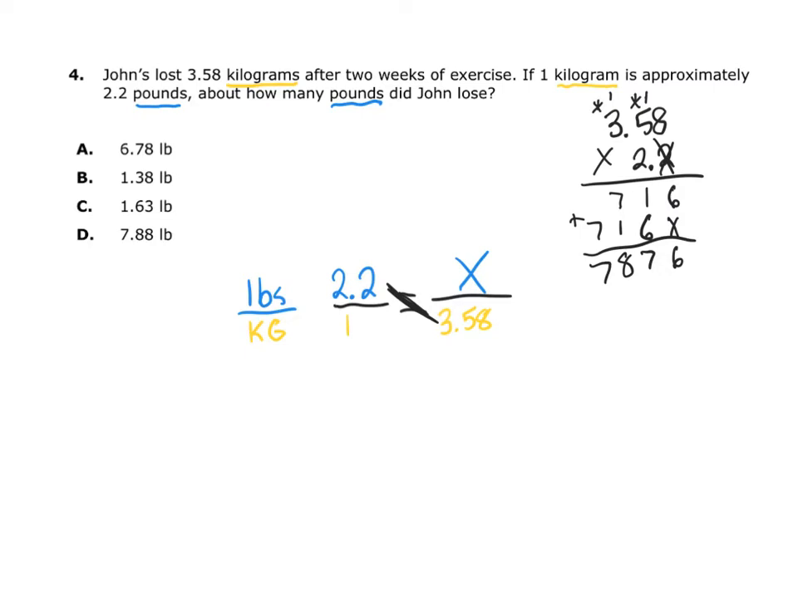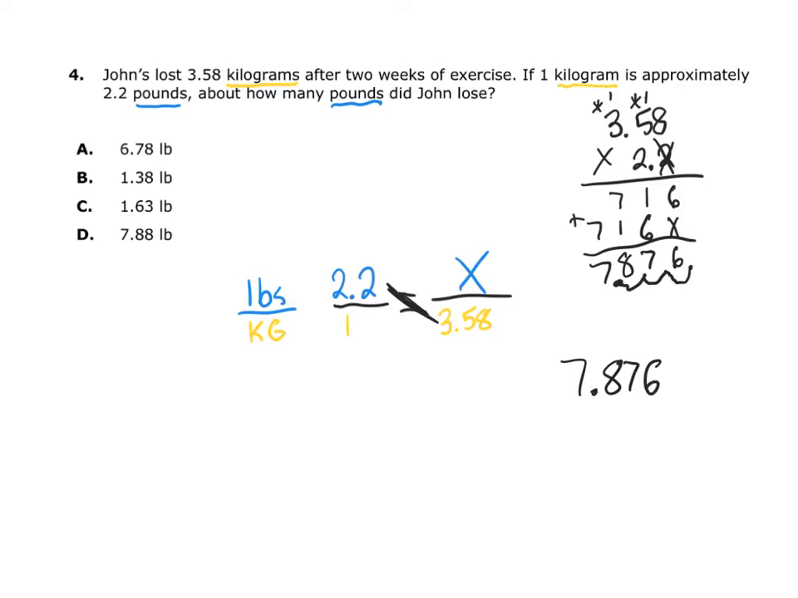Now we have to look up top. How many decimal places do we have? We have 1 right here, 2, and 3. So we have 3 total decimal places that we have to move. So our decimal starts here. We can move it 1, 2, 3. So we have